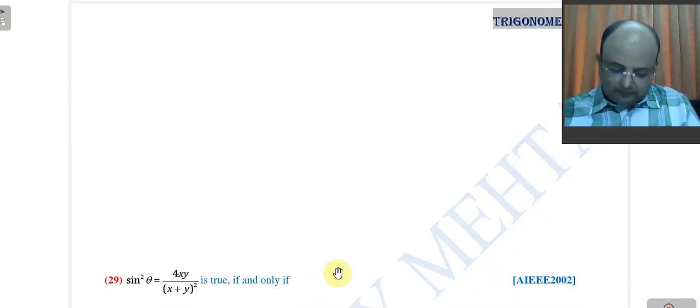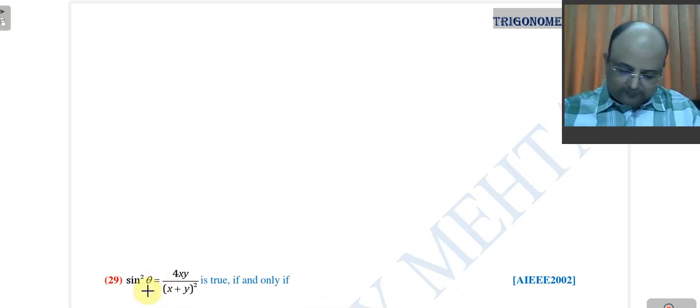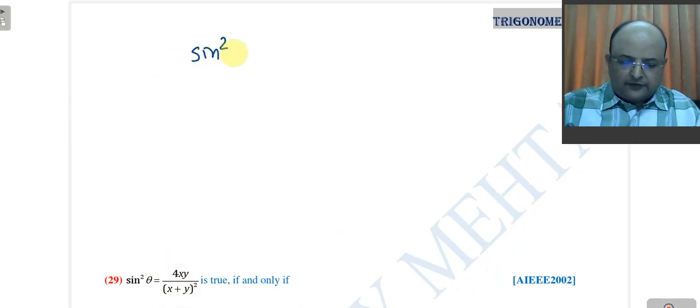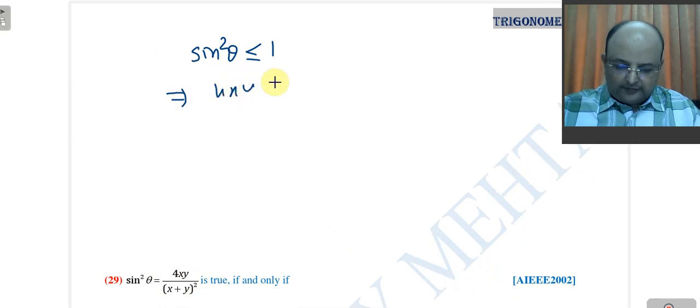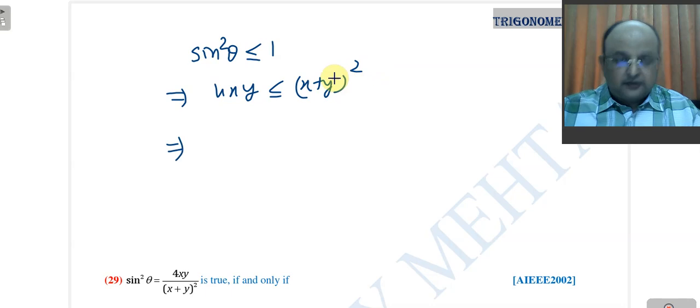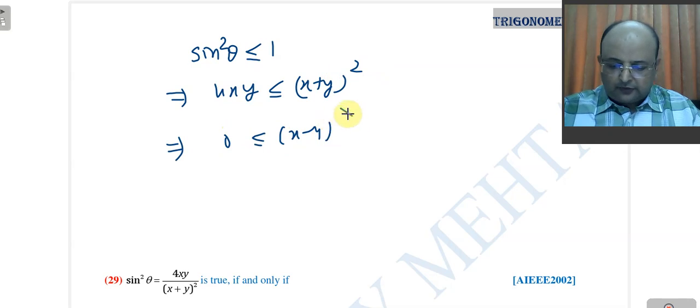Okay. Let me go for sin square, 4xy. You know that sin square theta is always less than or equal to 1. So 4xy upon (x plus y) the whole square is less than or equal to 1. What is the middle term of (x plus y) the whole square? 2xy. This goes on the right-hand side, that is (x minus y) the whole square, and that is always true